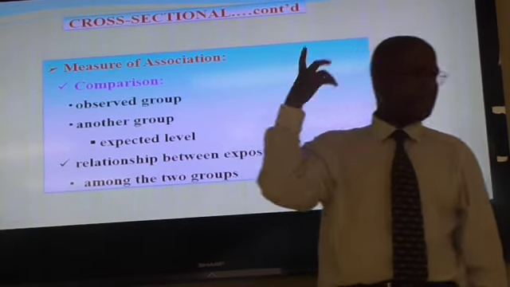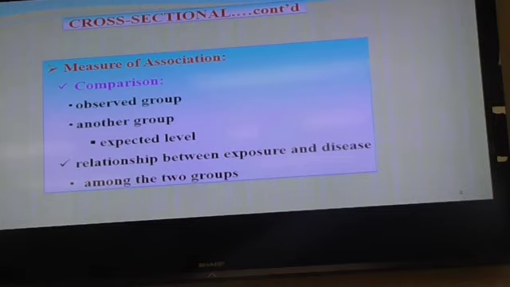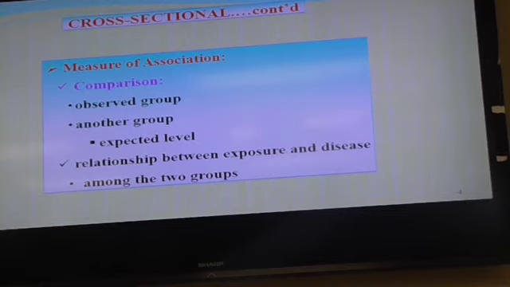Again, when we say among the two groups, it goes back to what we initially said. Most of the diseases that we have these days are multifactorial. So we really cannot say one factor is the cause of one disease. So there are multiple factors. So when we are looking at one factor, then all we can